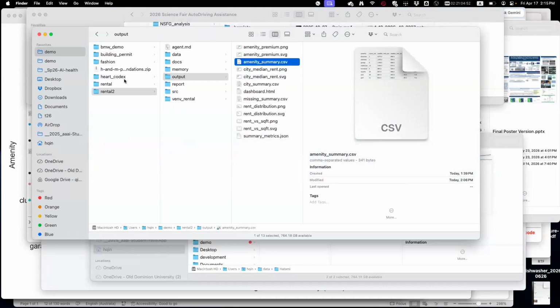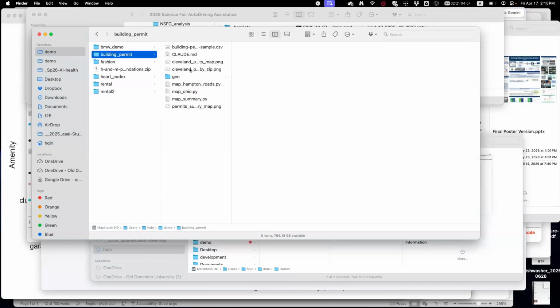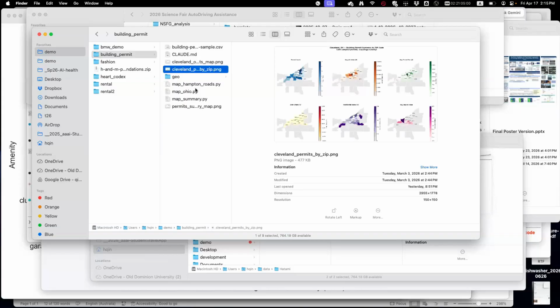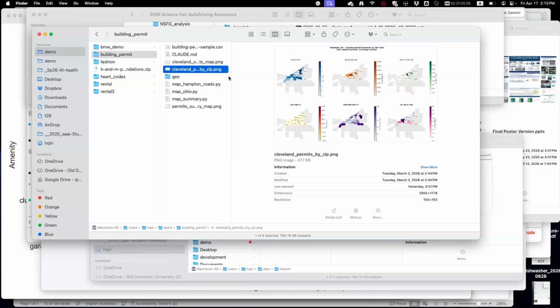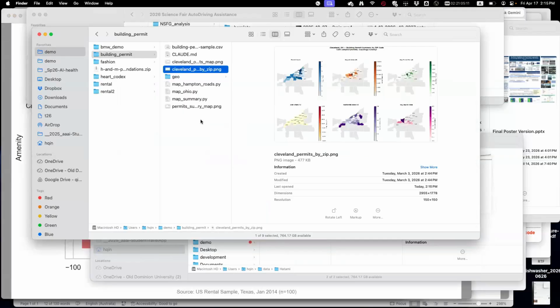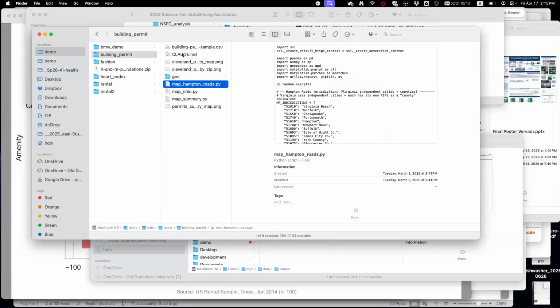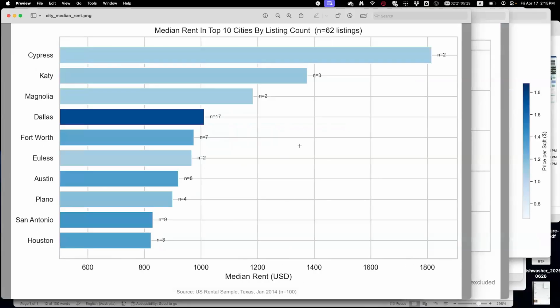Okay. I have to say that this dashboard is not as good as some other dashboards. Oh, by the way, I think we also got a building permit one, and I didn't have time to go through that. But this one seemed to be more impressive. Maybe I should start with that building permit one. That's also done by Claude. You actually can see that's Claude. Each one of them I spent probably less than 10 minutes on. It's all done autonomously. To be honest, I really didn't do anything.